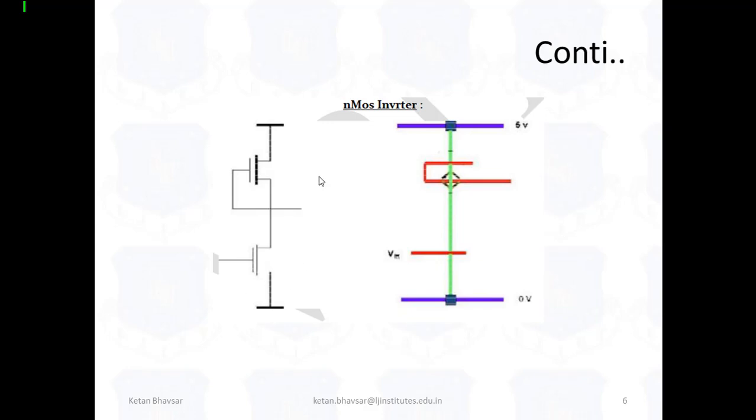When we try to design the stick diagram on paper with the help of a pen, we draw a simple vertical diagram. We take the VCC pin, then the ground, and one normal straight line. We consider that one as the gate, and after that we apply the input. But with the help of color you can see this one is your metal 1, this one is metal 2, this one is polysilicon, this one is an implant, meaning connection establishment, and this one is your input. In the color code it will look like this. It looks very specific and also very accurate.